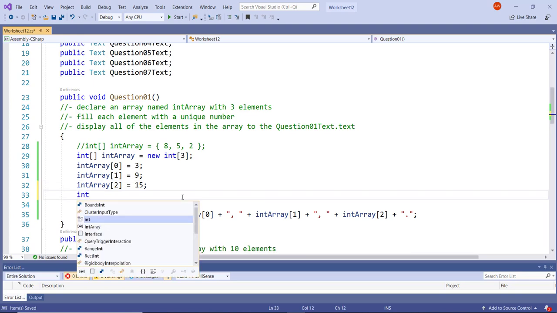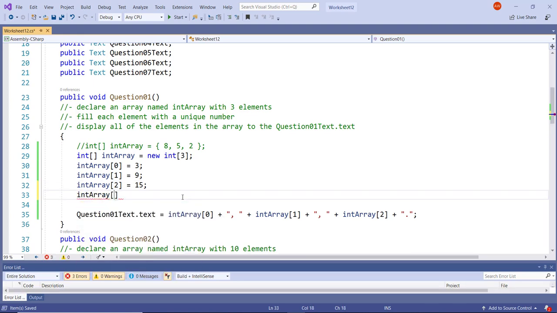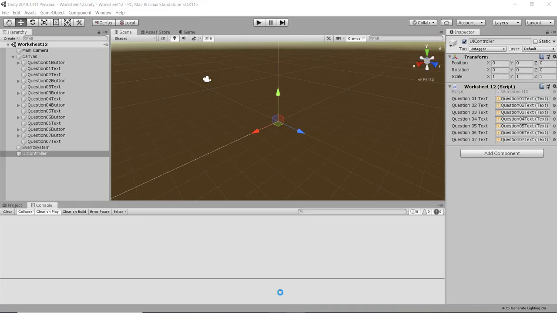Now here is a little note that is not part of the assignment or the worksheet, but if I were to try to assign value 3 here and say assign 14 to it, well, I guess I could do 13 because it's lucky number 13. I'm going to break my code. Here, obviously, I only have 3 elements in the array, so with 3, I'm going out of the range, but I don't get any red squiggly lines. Means no compile time errors. C# is okay with this because it's not able to determine that 3 is out of range. But when I run the code in Unity